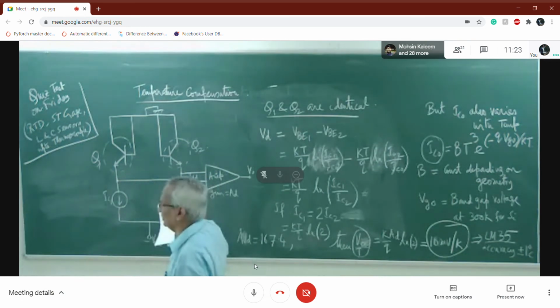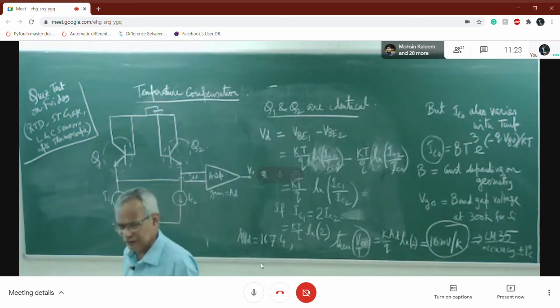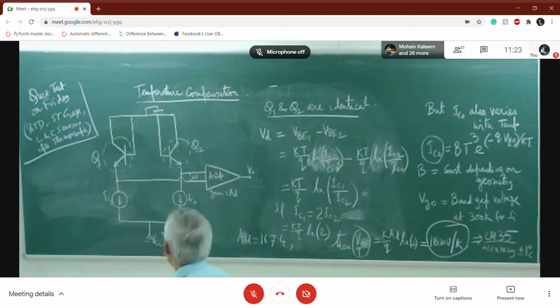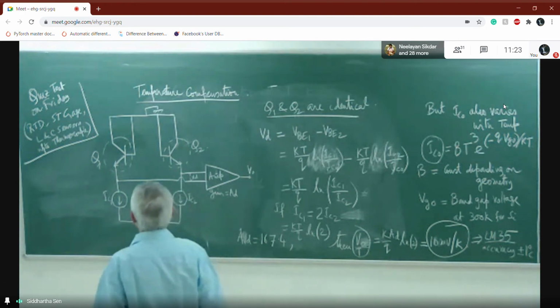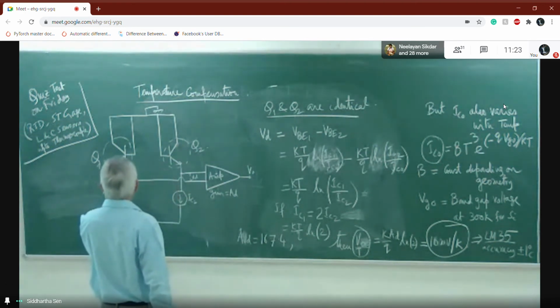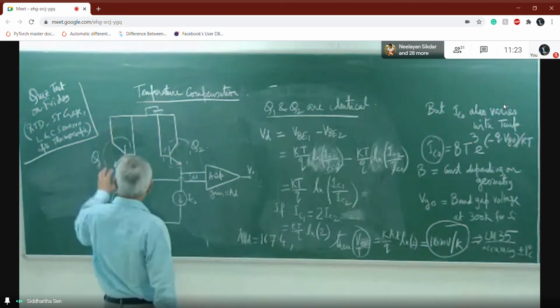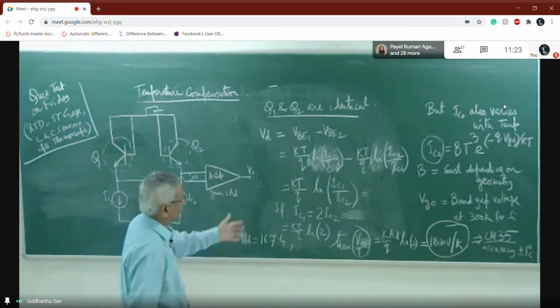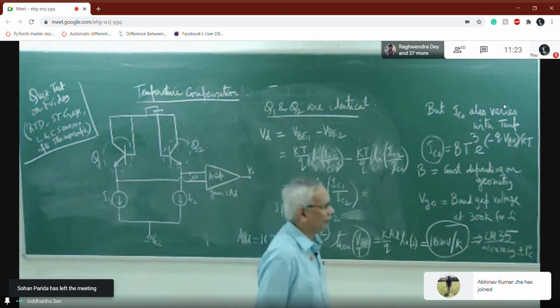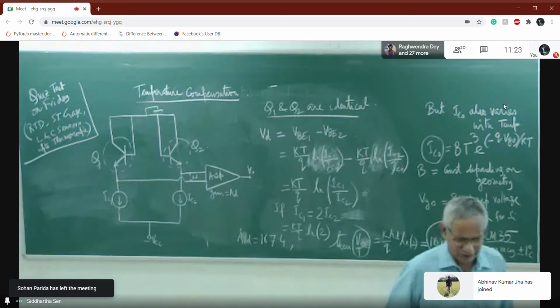Consider the possibility. It is much more complicated, but I have assumed that these base currents are negligible. Or even if you want, you can put this one here. But normally, this is the configuration. Basically, the actual scheme is much more complicated, but I am showing you the simplest variant.